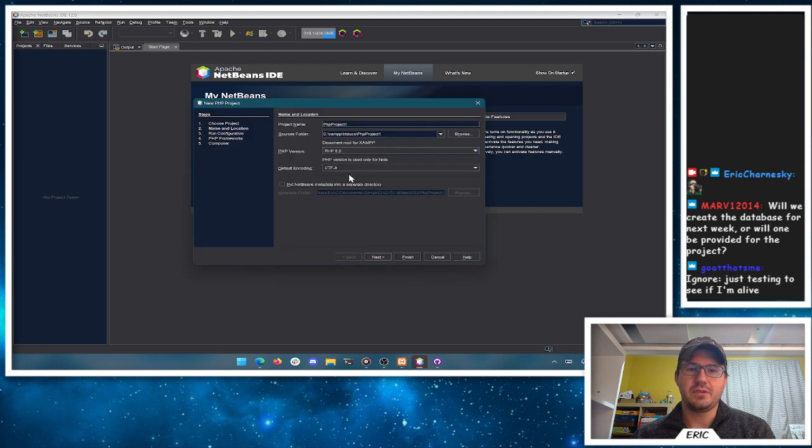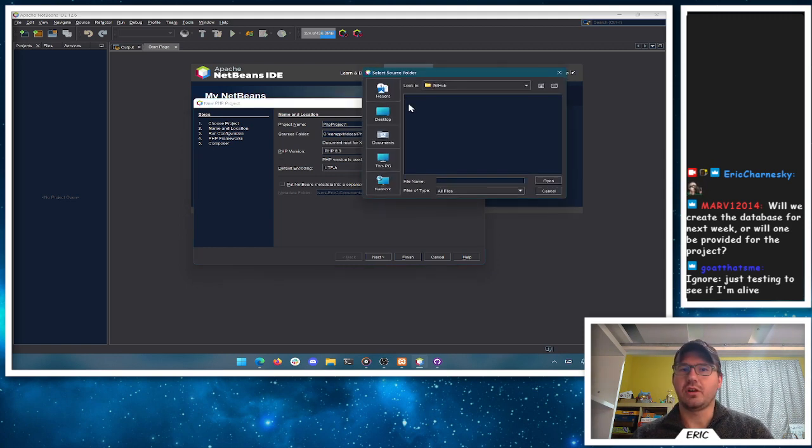So let's see, come on, NetBeans. All right, so now we've got it. In our sources folder, this is where we want to change this. We don't want to save our project inside of htdocs. That's bad form. It puts more things in there than we need. What we want to do is browse, and we're going to put our project, our sources, inside